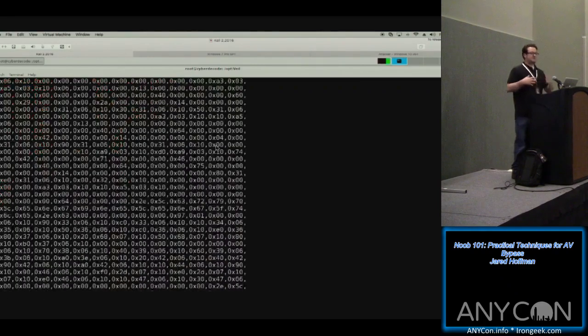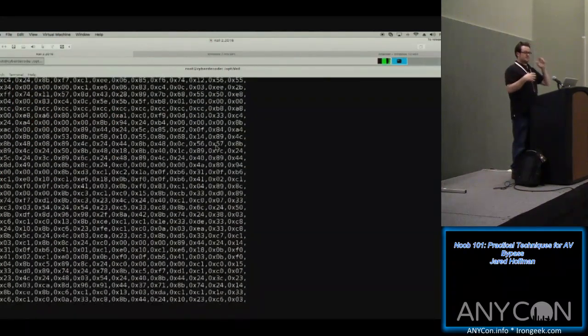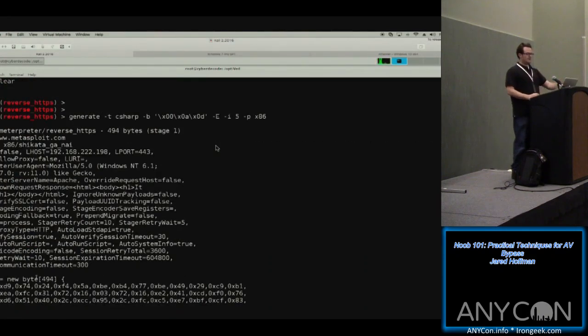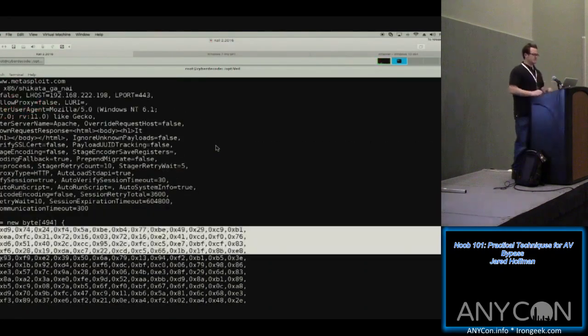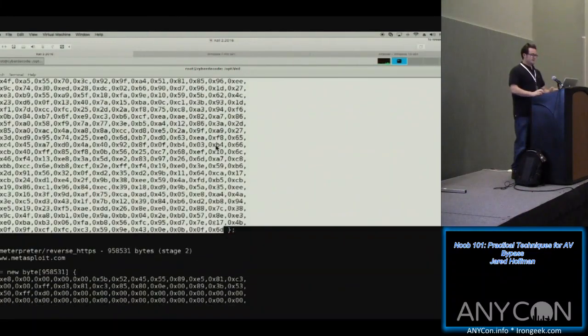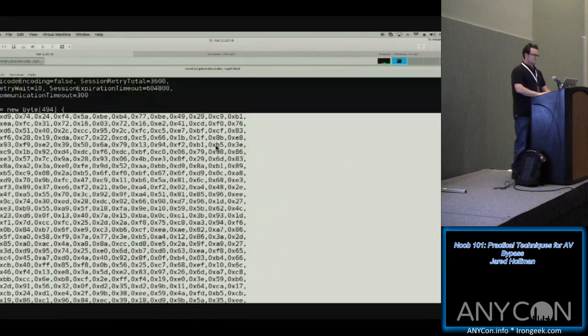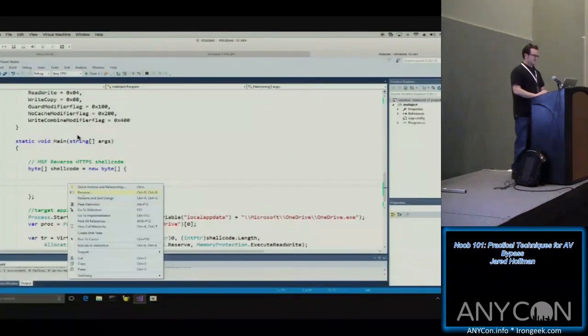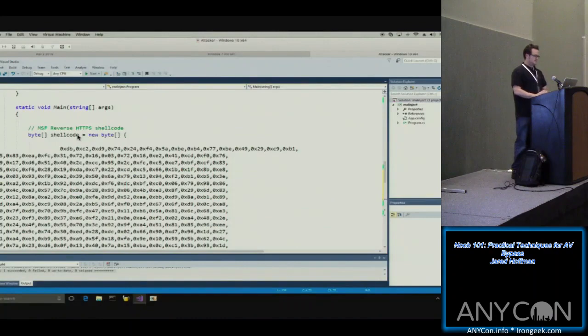And it dumps it. Now, the reverse Meterpreter HTTPS is a dual stage, but for our EXE, all we really care about is that first stage, which is usually smaller in size. So there is the hex opcode. That's our shellcode right here, a byte array of 494 bytes. So what we do is we take that back to our attacker and literally just dump it in, save that,